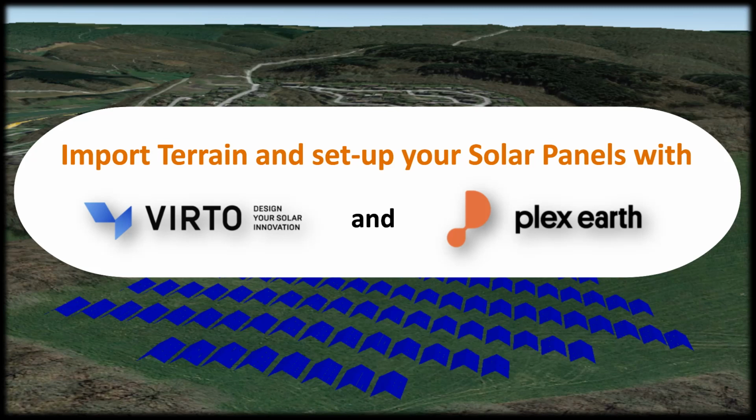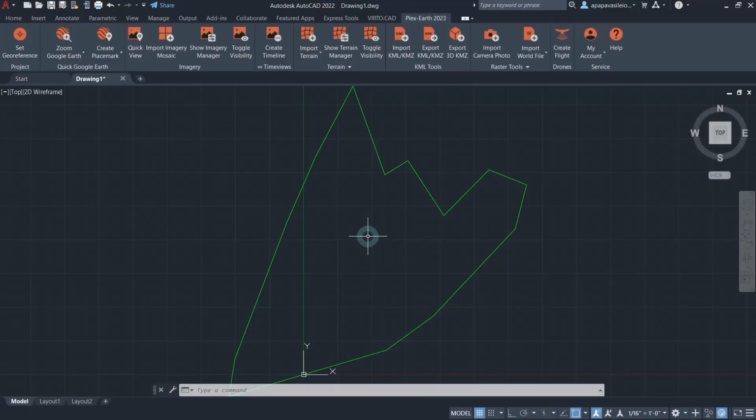Welcome! In this tutorial, we show you how to use terrain data for designing and analyzing the installation of ground-based photovoltaic power plants. We will make this easy by combining two very powerful software. The first is Plex Earth for importing accurate real-world terrain data into AutoCAD, and then Virtocad, which specializes in helping calculate and design efficient solar energy systems. Our intention with this Plex Earth Virtocad collaboration is to help solar park designers like you to make even smarter, faster, more informed decisions with just a few clicks.